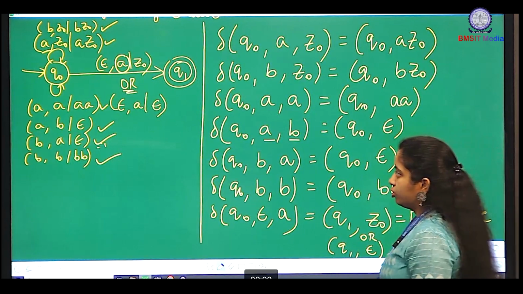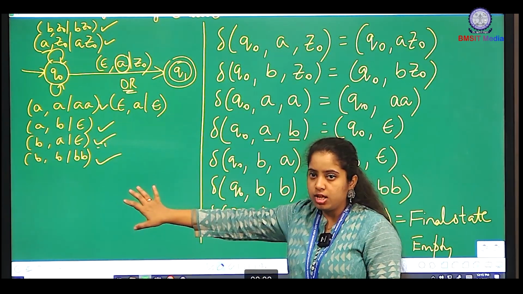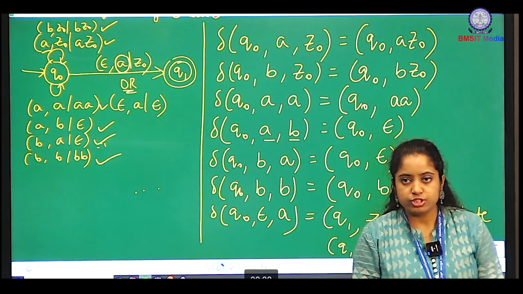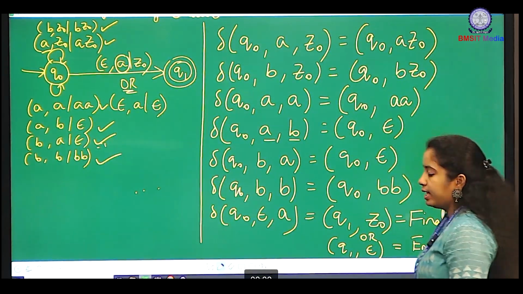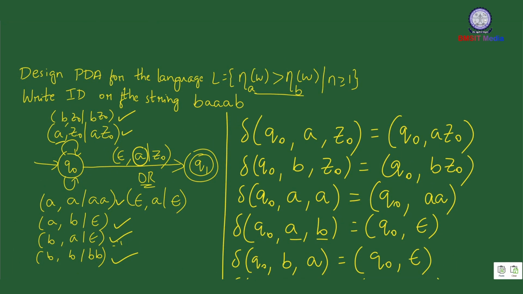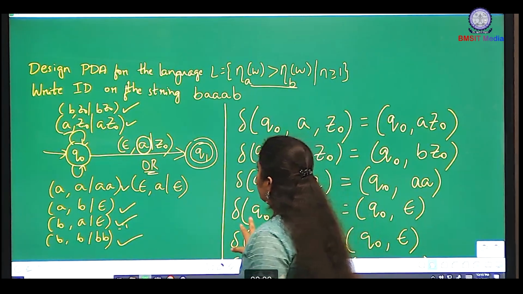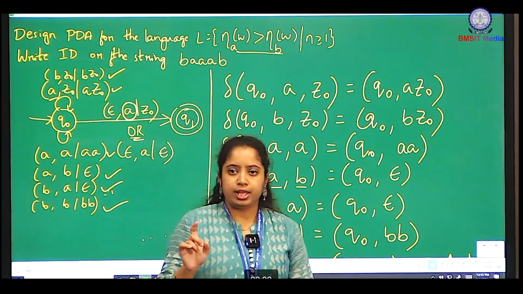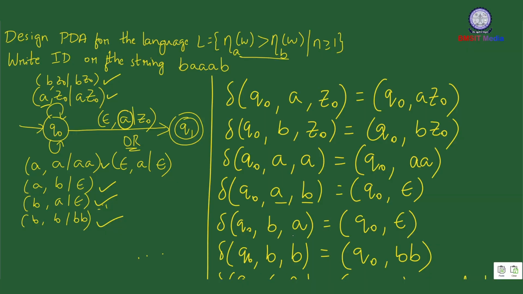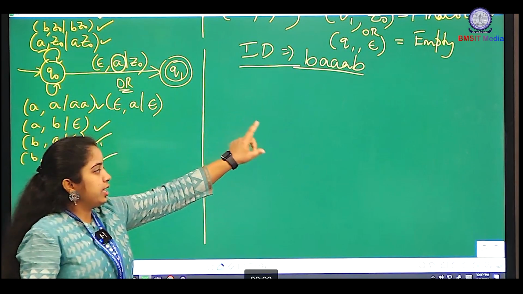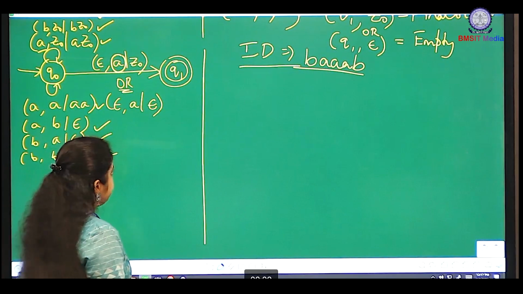So, we have seen how to write the transition function as well as the transition diagram for the given language. Now we have to write the instantaneous description for the string BAAB. So, we will look into how to write the instantaneous description for BAAB. So, now